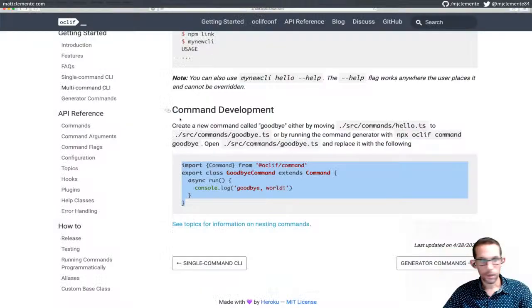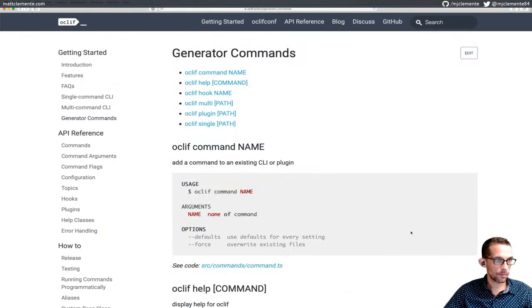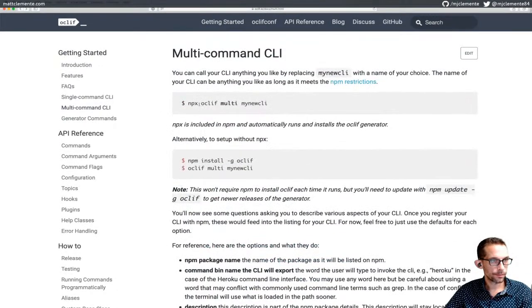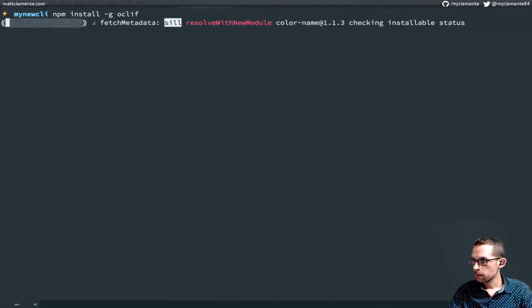Okay, so let's just keep working through the docs here. All right, that's it for the basic walkthrough, and I like that. We'll continue to generate our command because I think this is probably their own scaffolding. Okay, I'm going to go back here because I think this is going to make my life easier. I'm going to install this globally so that I have it available. And we'll hop back to the